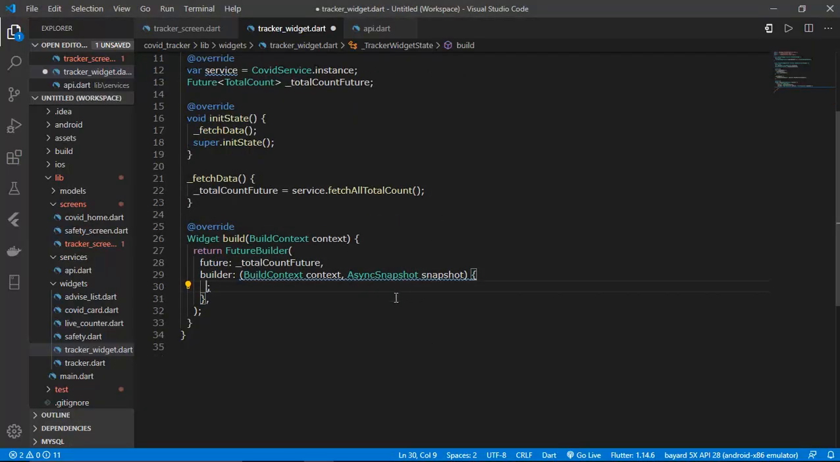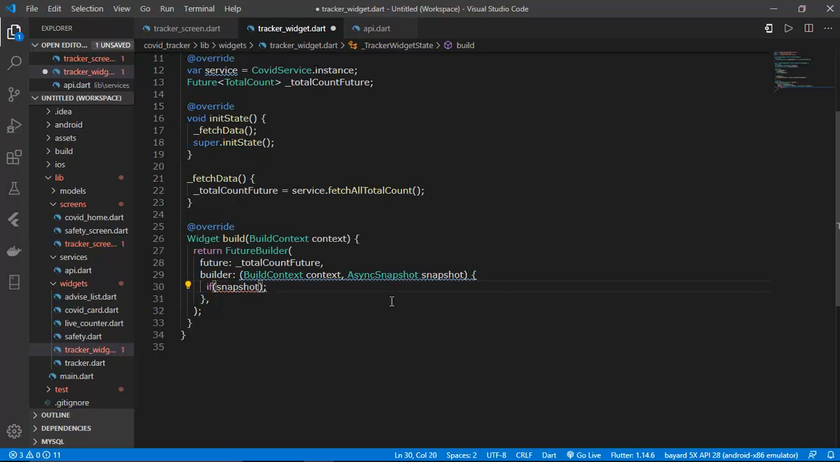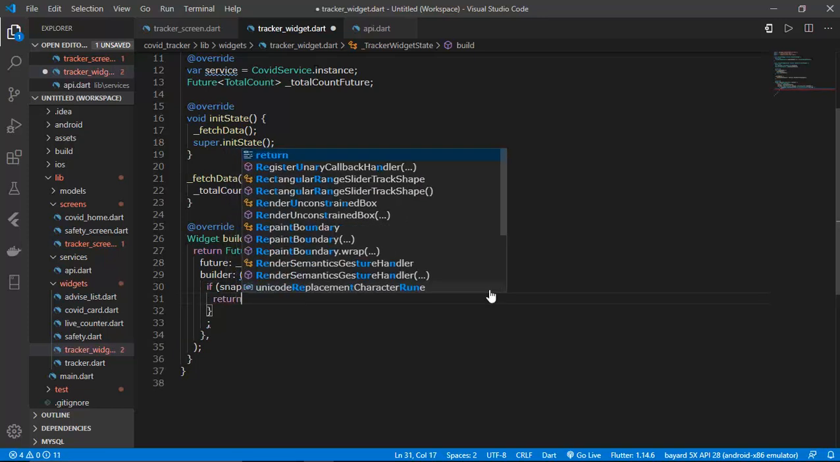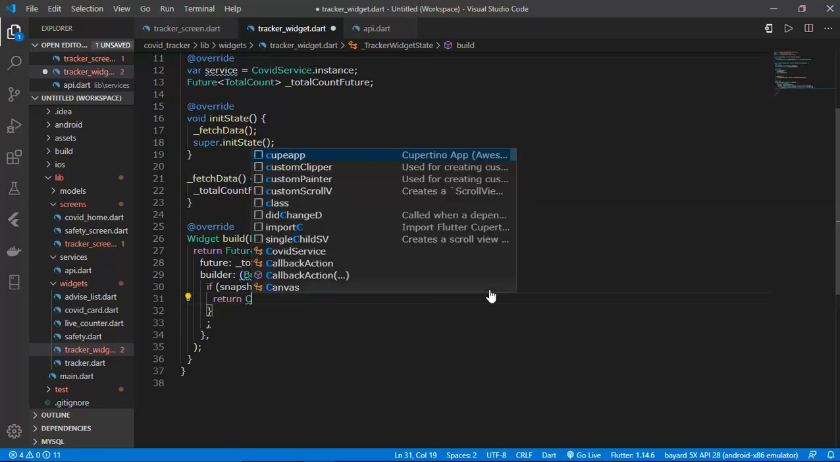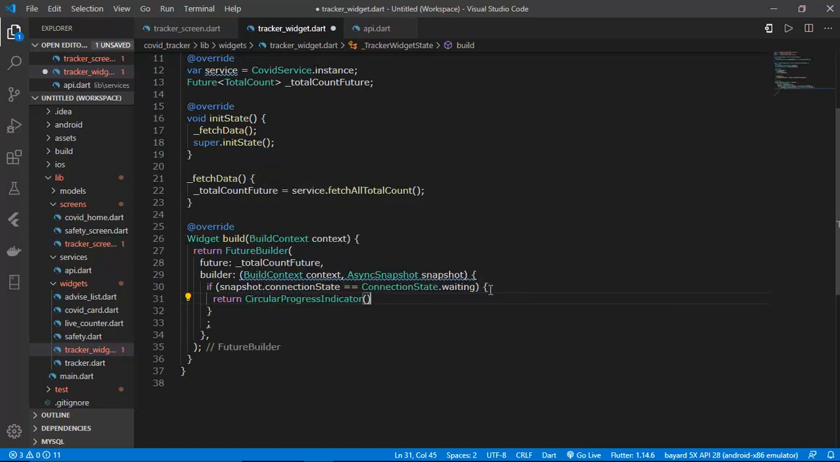So right here I'm going for if the snapshot dot connection state equals connection state dot waiting. So if we are waiting for the connection, then I'm going to return a circular widget, so circular progress indicator. That's what I'm going to return. So return circular progress indicator,